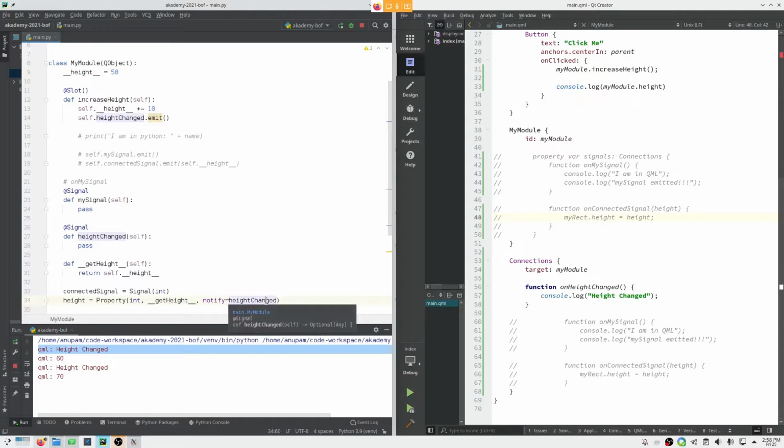So we now know what properties and notifiable properties are. Let's move on to exposing a Python list as a property and iterating over it in QML.